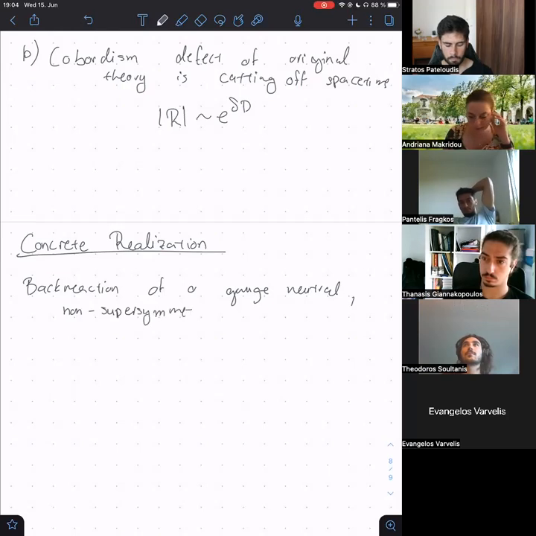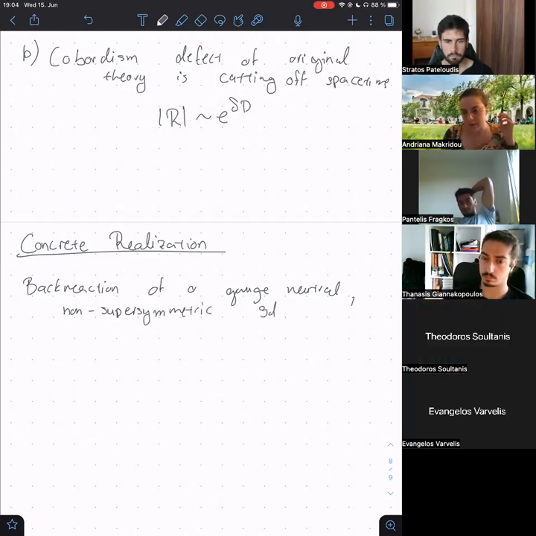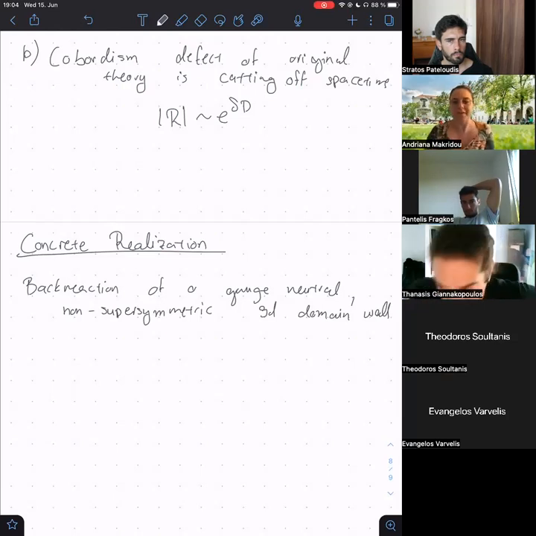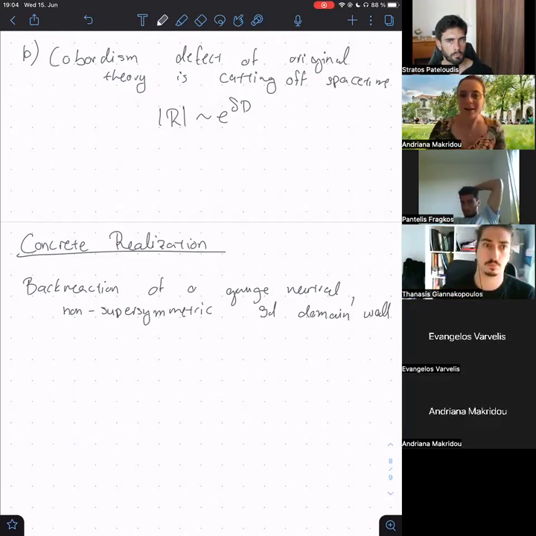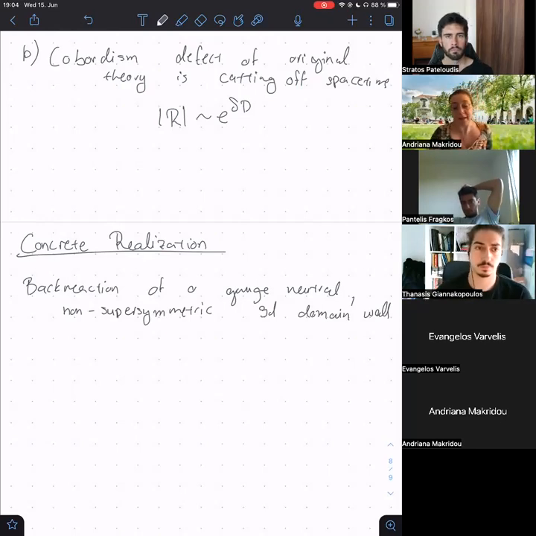Non-supersymmetric 9D domain wall. And this can be anything. This description is matching, for example, a non-BPS D8 brane. And non-BPS D8 branes don't have an explicit description in terms of a metric, not something that was known. And it's something that we are claiming that we might have achieved.